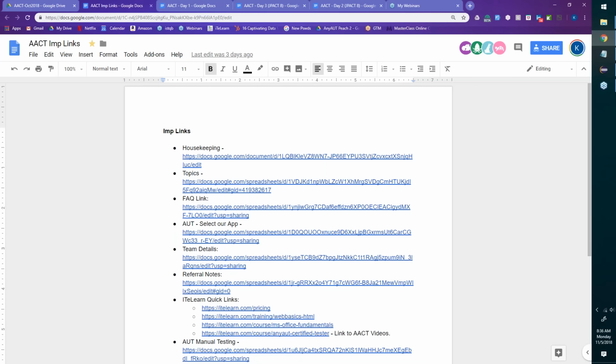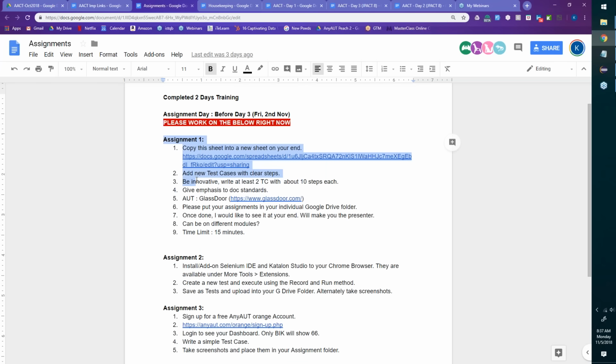So we finished day 1, day 2, and these are the 3 assignments. They primarily will tell what all we covered. The first assignment is to write a few manual test cases for the application under test called glassdoor.com. Just simple manual tests that make it easy for us to look at how this application is working. A lot of you have put in efforts into that. Good job, team. I think we will be crossing the boundary, going to the next level based on this.